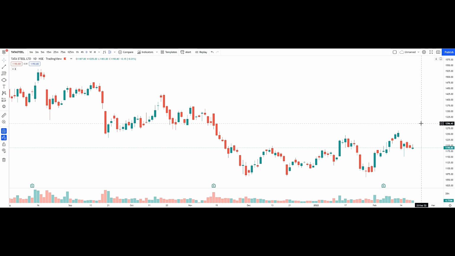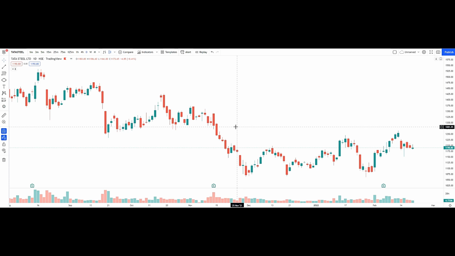Before venturing into support and resistance, first we will discuss the basics of charts. The most commonly used chart is the candlestick chart. This is the common type of chart used worldwide. The chart which you are able to see on your screen is called a candlestick chart. It is made of four things: